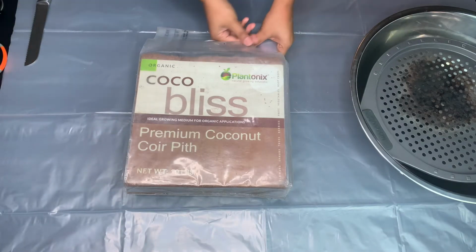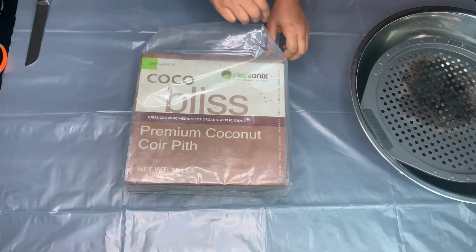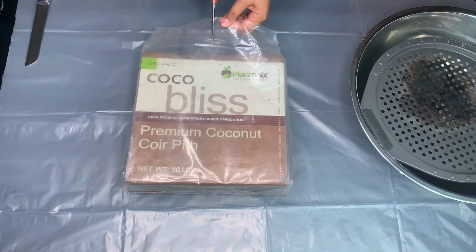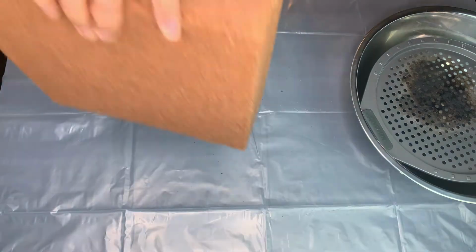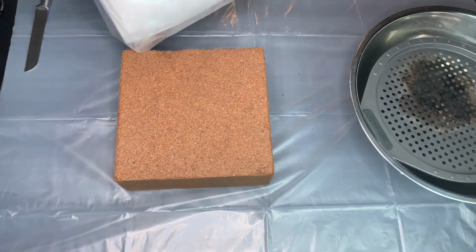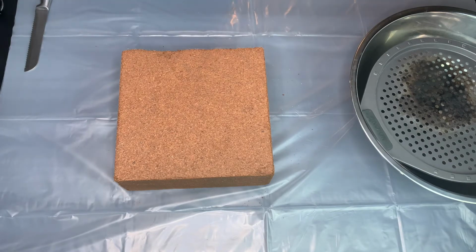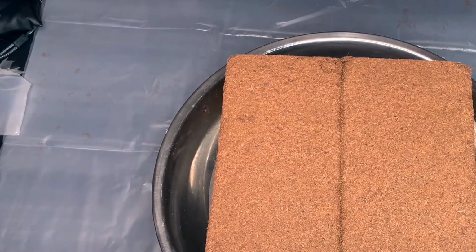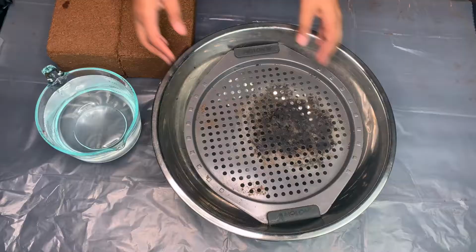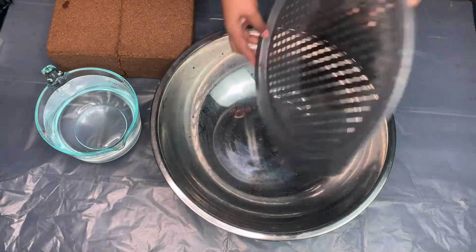Okay, so before we get into how we're going to do this vermicomposting bin, I'm just going to show you really quickly how to rehydrate some coconut coir. This is pretty much a coconut coir pith brick. This is a 10-pound brick, and this is going to be used for some of the bedding in my vermicomposting bin. So you would take it and get pretty much a big bowl that it could kind of